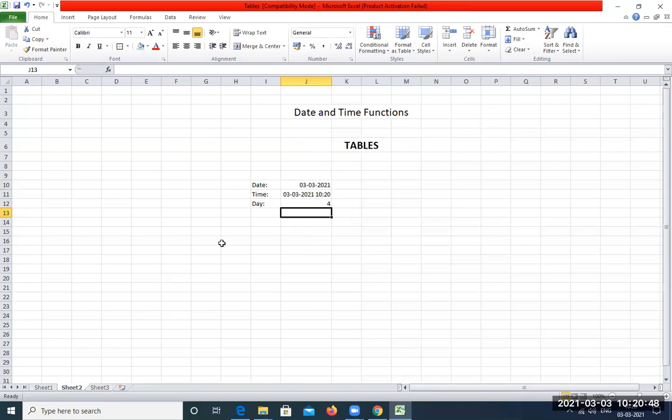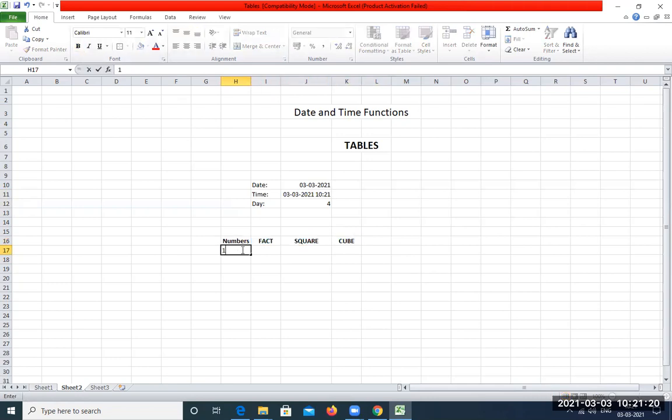Now let us create a table with the following fields. The first one is numbers. Then we need to calculate the factorial of that number. We have next to calculate the square, and next is the cube. So we will select this heading, we'll make it center aligned. Here also we shall go for middle align and then make the heading bold.